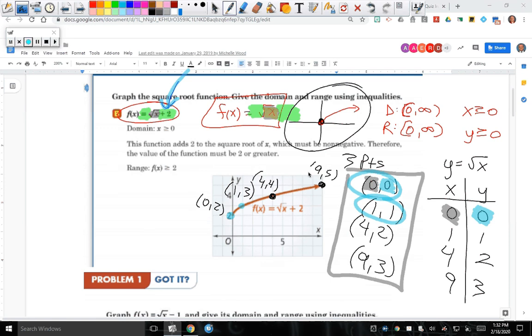And the reason why all of these y values shifted up by 2 is because we had this vertical shift up 2 units. I wanted you to see it in point form too, because point form is a little bit weird when you first see it, but that's what's going on. Questions? Okay, so now let's move on to,